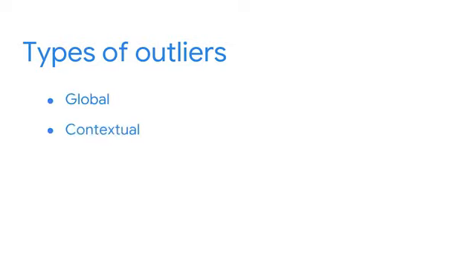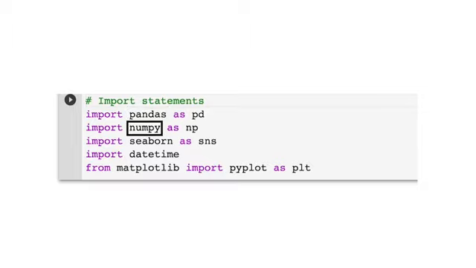Earlier, you learned about 3 types of outliers: global, contextual, and collective. Now that we discussed outliers on a conceptual level, I'll show you how to identify them and analyze their impact in a Python notebook. Our goal will be to identify outliers across a 33-year span of total lightning strike counts in the United States. As usual, let's start by importing our libraries and packages: pandas, numpy, seaborn, and pyplot from matplotlib. We'll continue using our NOAA lightning strike dataset.